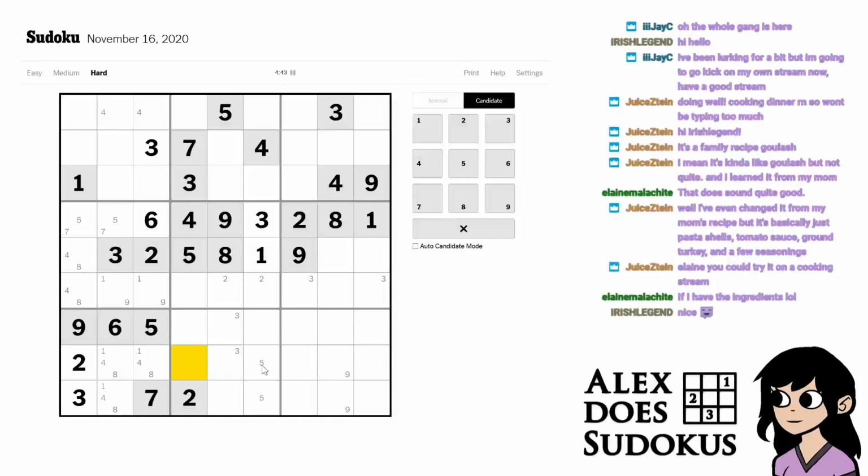9s are locked in these 3 cells. Is that interesting? Because it shares the same 3 cells as the 5, but I can't rule out any 8s, so I think that's the end of that. Okay, so